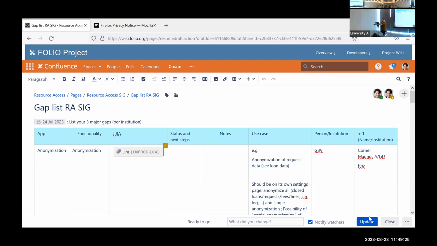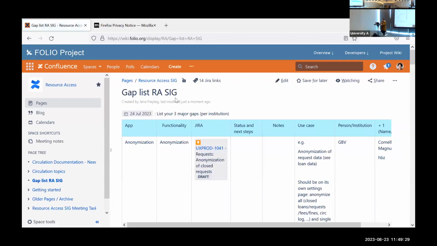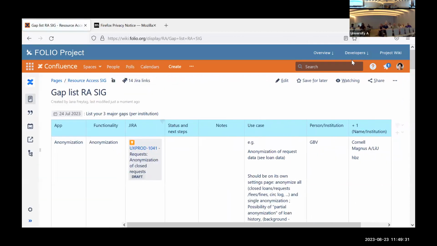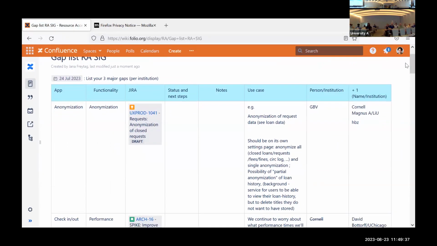So we have, if we go to the edit mode, what helps? Okay. So the first one, as we said earlier, the table is sorted